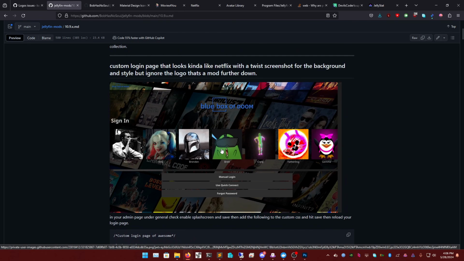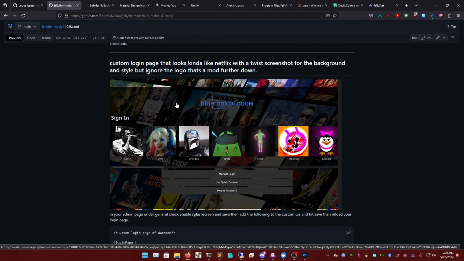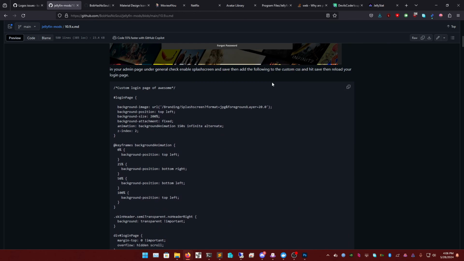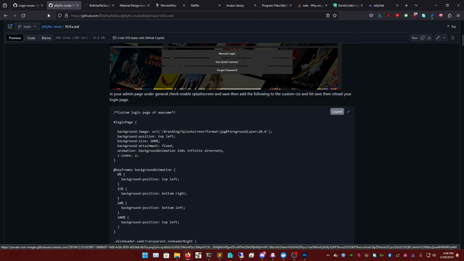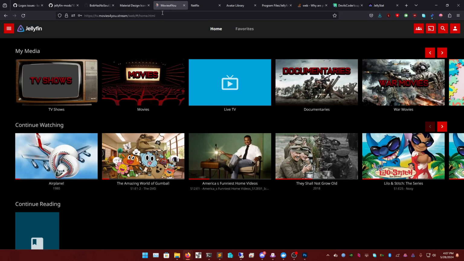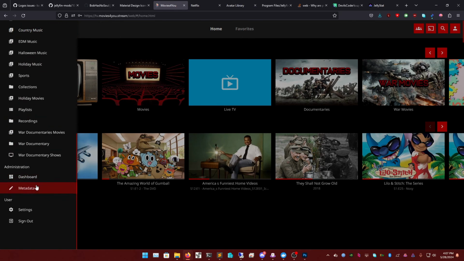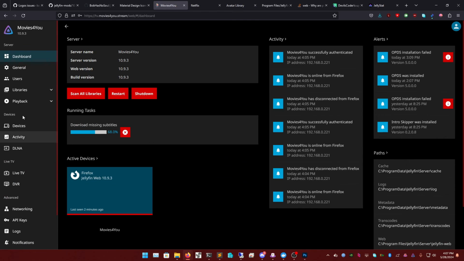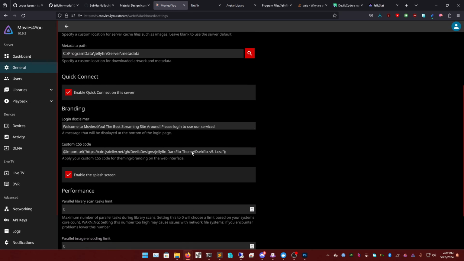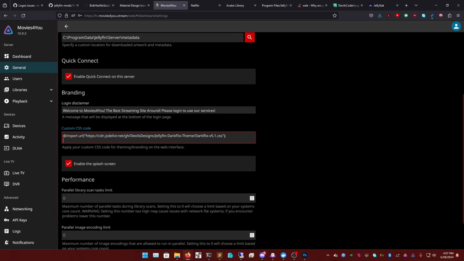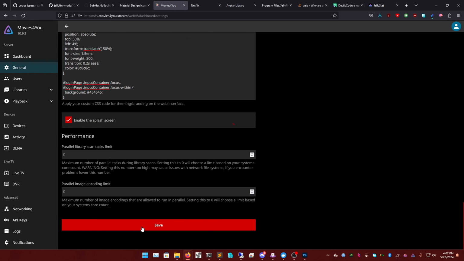So now if we want the image to show up on here, the custom login page, we can just copy this into our CSS and go into our website, go into dashboard, go into general, and we add it to our CSS. Now if we refresh it,